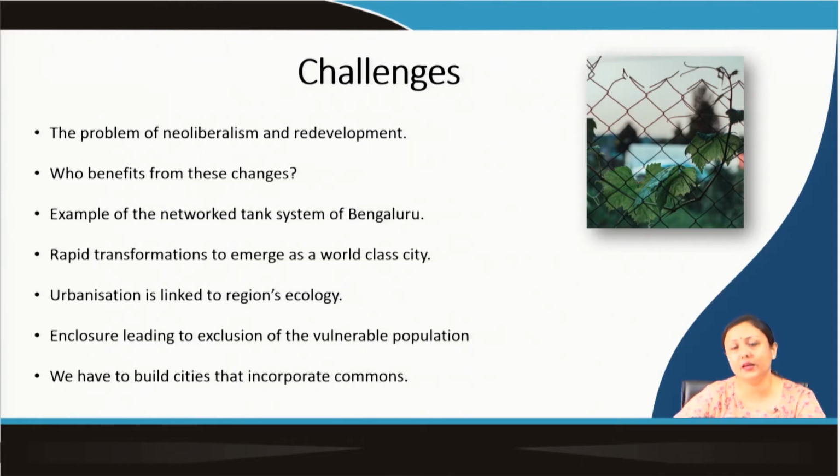And it was a very integral, local community-driven system, this entire system of tank irrigation that existed historically in the city of Bangalore, where we find that the local chieftains oversaw and supported the construction and maintenance of the tanks, which were further managed through caste-based and gender-based manual labor systems. But largely, as the city urbanized, right now we see that many of these lakes have declined, have completely lost